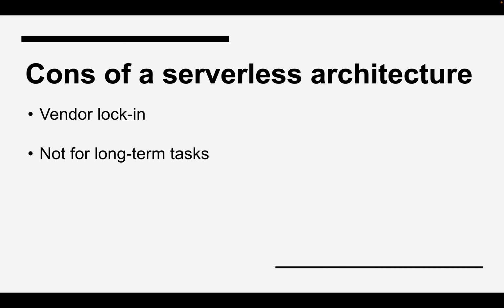But of course, this architecture has its own disadvantages. First is vendor lock-in. If you use Amazon Lambda, for example, your code will not be compatible with Google Functions. So every vendor has its own interface for serverless solutions. So it can be difficult to migrate to another service provider, unlike